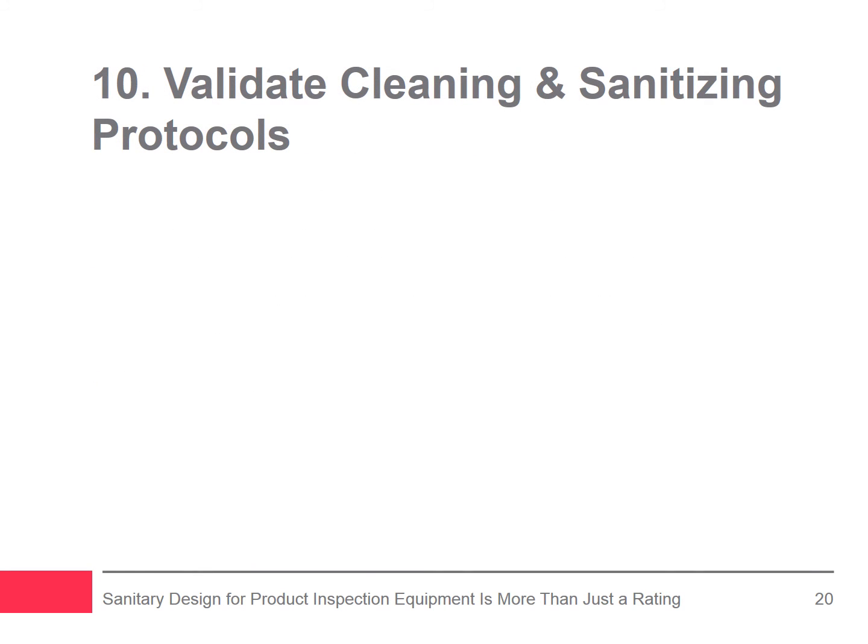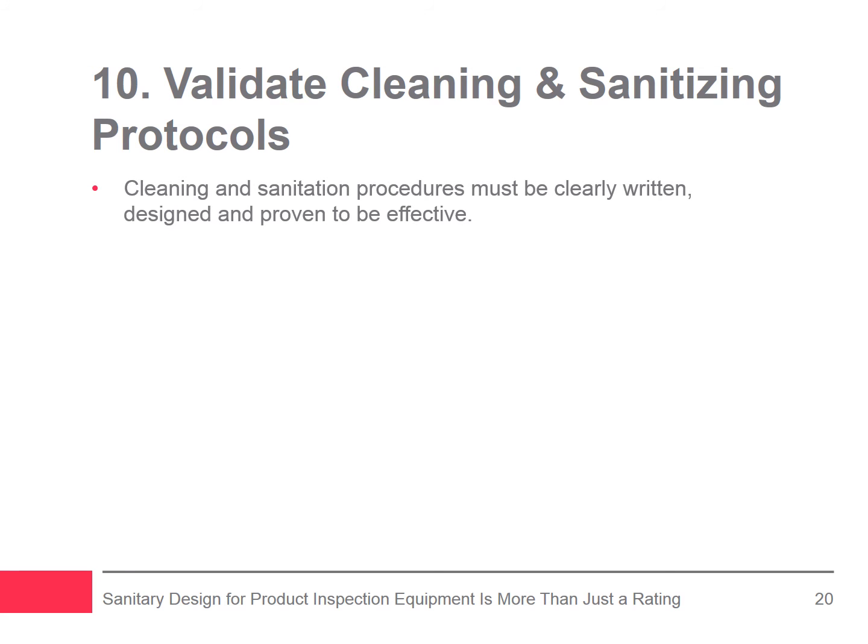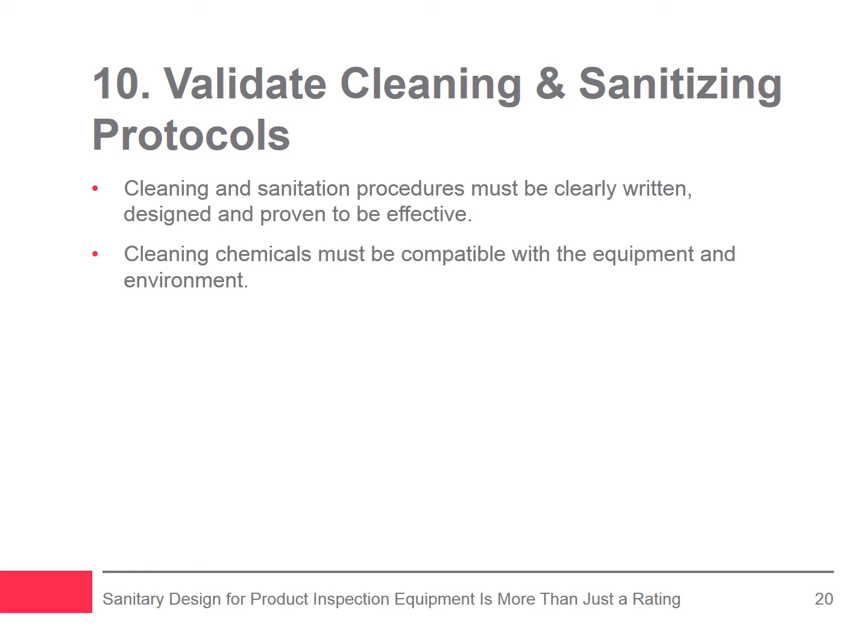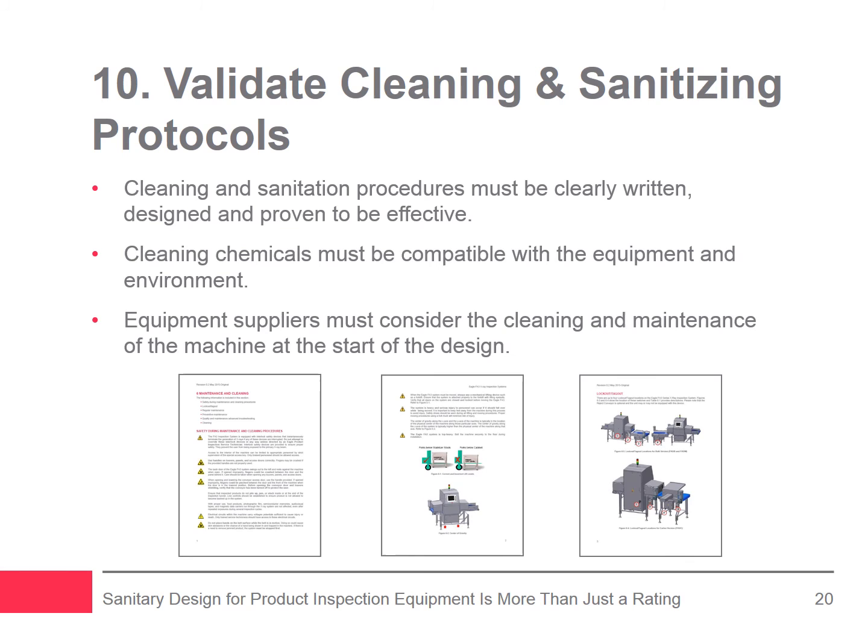Principle 10. Validate cleaning and sanitizing protocols. The procedures prescribed for cleaning and sanitation must be clearly written, designed, and proven to be effective and efficient. Chemicals recommended for cleaning and sanitation must be compatible with the product inspection equipment and the manufacturing environment, and must be capable of removing product residue as non-aggressively as possible. The product inspection equipment supplier must consider the cleaning and maintenance of the machine at the start of the design,